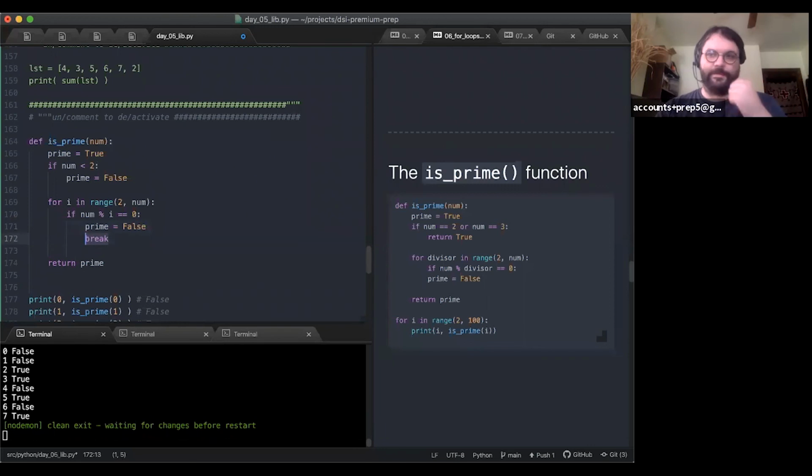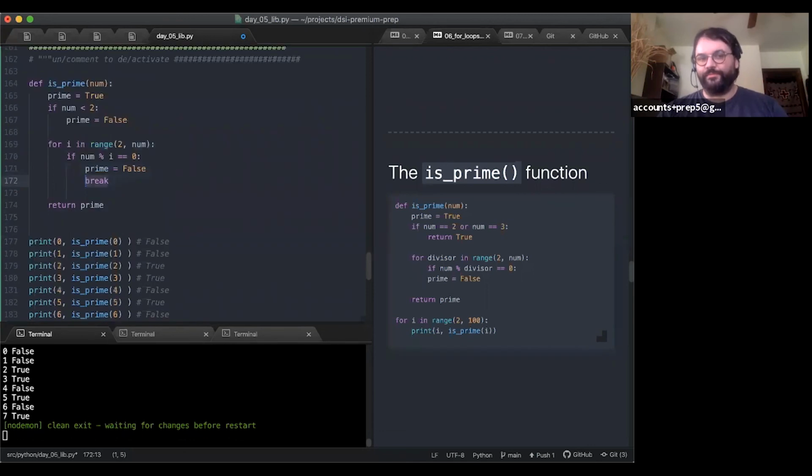Remember we talked about break. So break is just going to stop a loop. It's just going to stop this loop dead in its tracks. It's going to say no more loopage. So once your code encounters a break, and you'll always put break under a condition in your loop, because if you don't, it's just going to stop the loop prematurely. So as soon as we determine that a number is not prime, we can just break, and that'll stop this loop from checking all the other numbers.